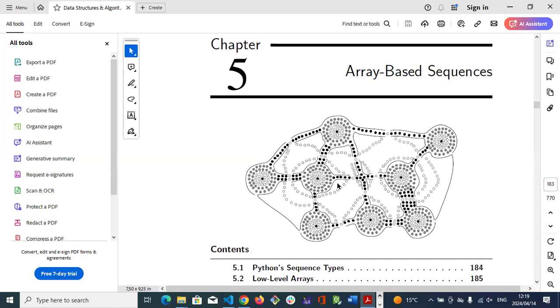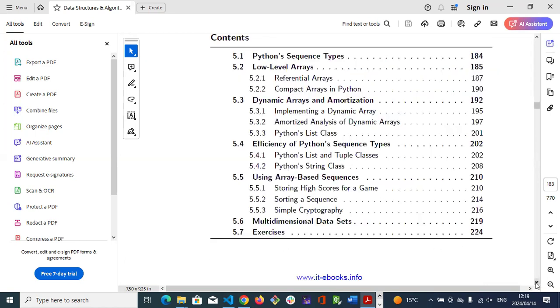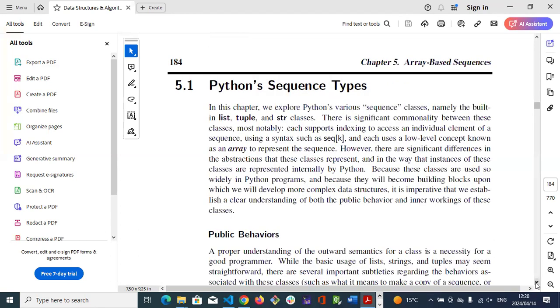Hi everyone. Today we're going to do chapter 5, array-based sequences, of the book Data Structures and Algorithms by Goodrich. The highlights of the section that we're covering, if time permits, will be Python sequence types, low-level arrays, dynamic arrays and amortization, and the efficiency of Python sequence types using array-based representations. Python sequence types in this